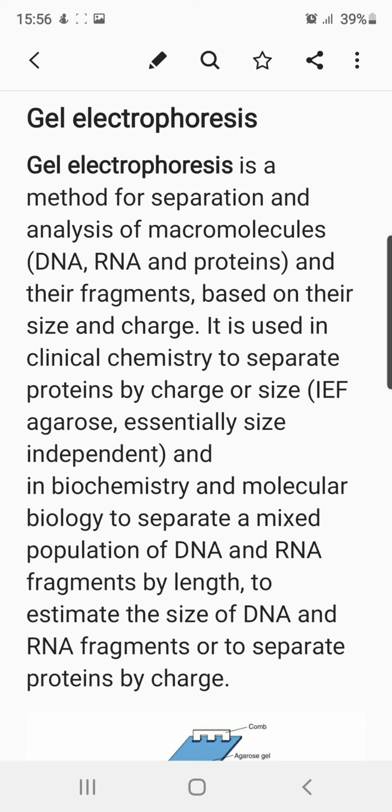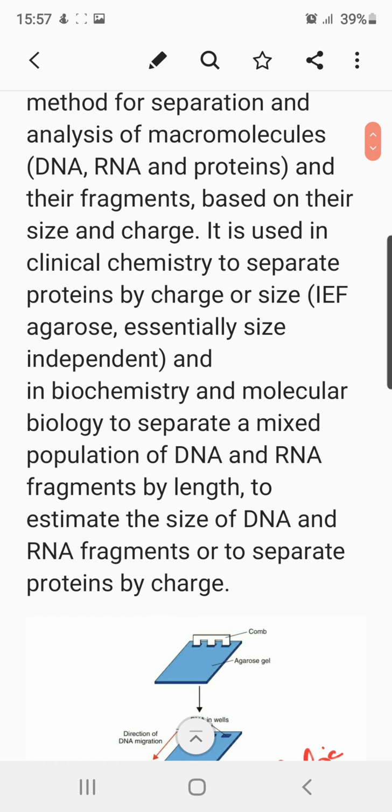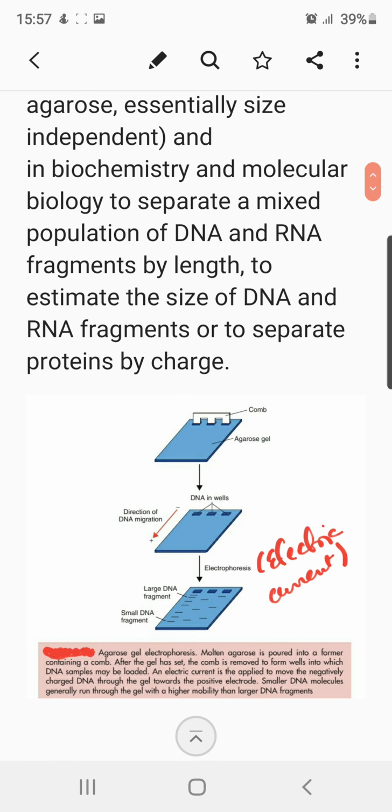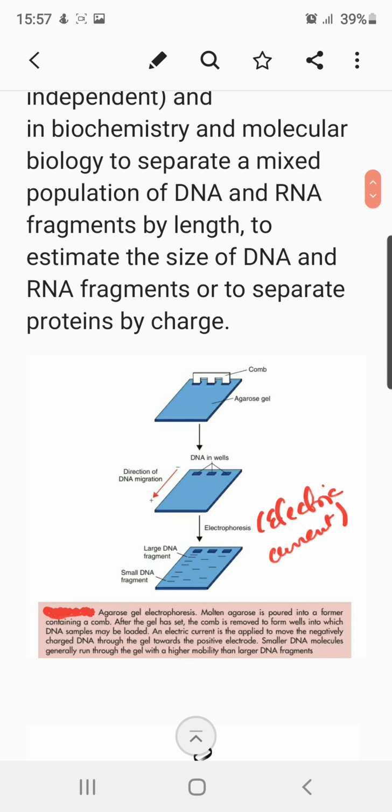So basically we are dealing with DNA, in which restriction endonucleases have been utilized to develop different fragments of different sizes and molecular weights. Let's see the methodology, how gel electrophoresis is used for separating the different fragments of DNA. As you can see in this picture, the agarose gel is laid out, and the DNA samples are placed into the different wells, as you can see here.